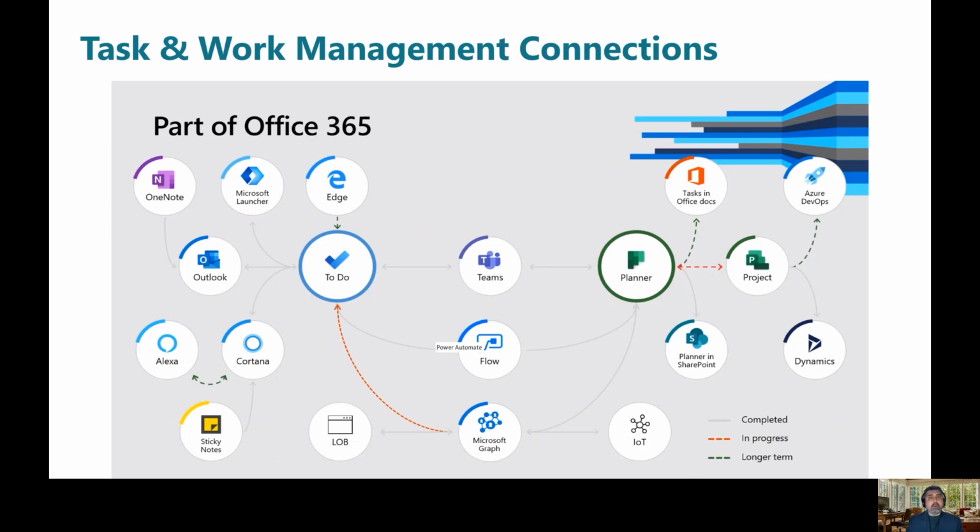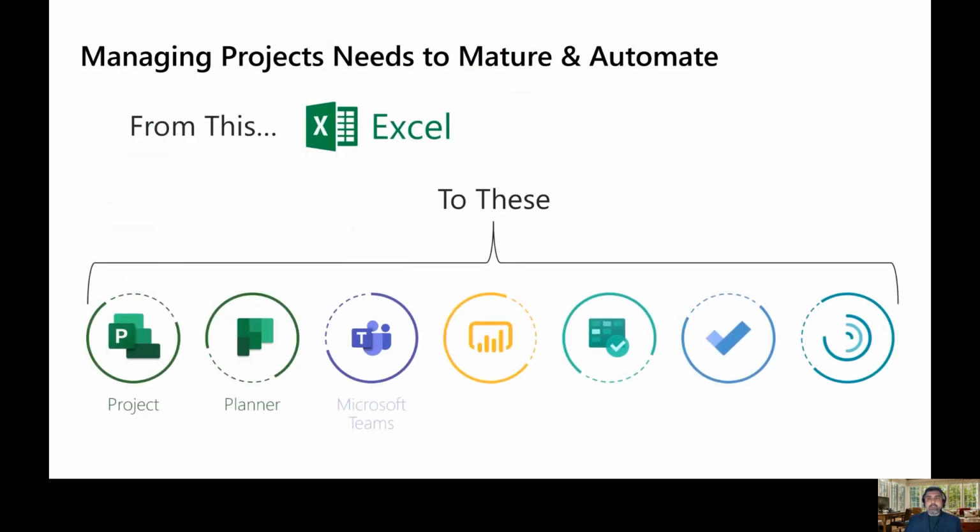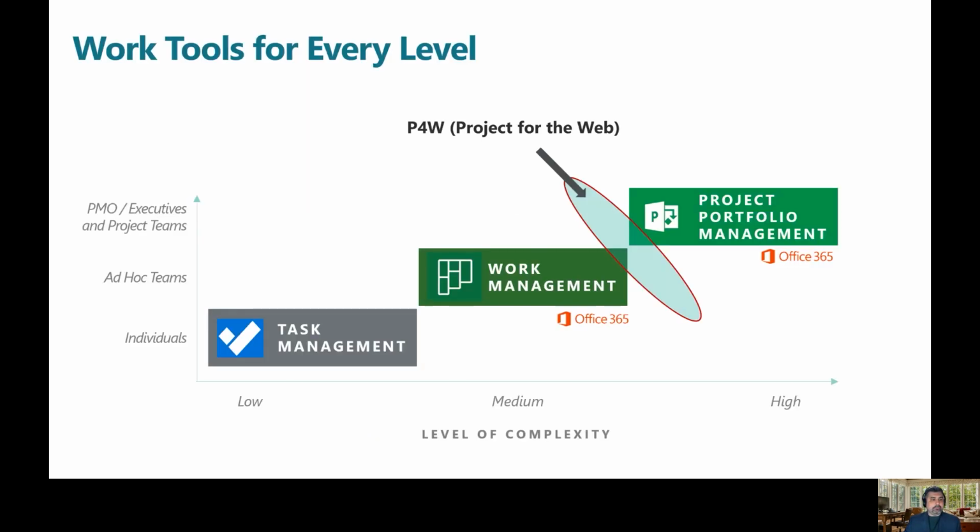Well, Project for the Web still sits right at the hub of making sure that when we have time phased information, we can move away from flat files, spreadsheets, checklists into something a little bit more dynamic in terms of, hey, listen, we have a series of connected systems. Microsoft's intent is that while we might have task management tools in Outlook, or perhaps you're using simple planner boards, you've got kind of this agile environment, or perhaps you're even using embedded components like Jira or non-Microsoft technologies,